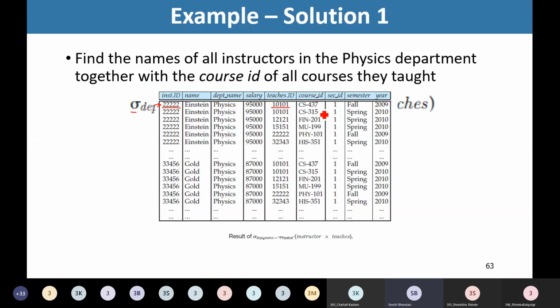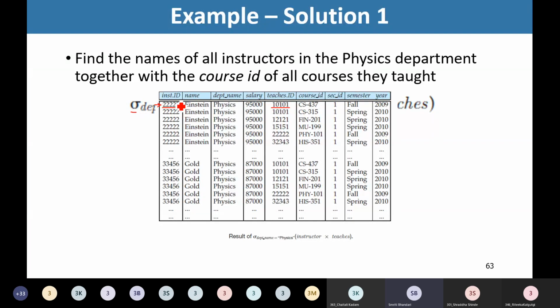So what is important in cross product, I am having here a very important statement. Please try to understand. Whenever we are having a cross product, it is really very important to match the values of the common attributes from the respective relations. So here the ID is the common attribute. In teachers we are having instructor ID, and in instructor table also we are having instructor ID. So